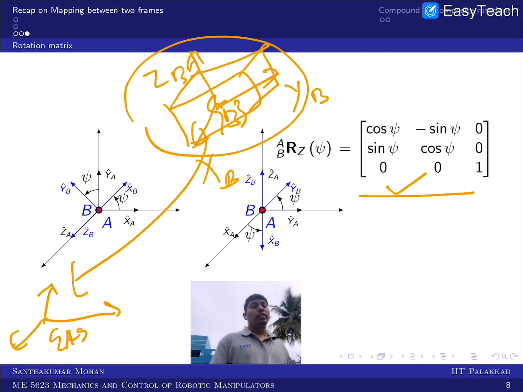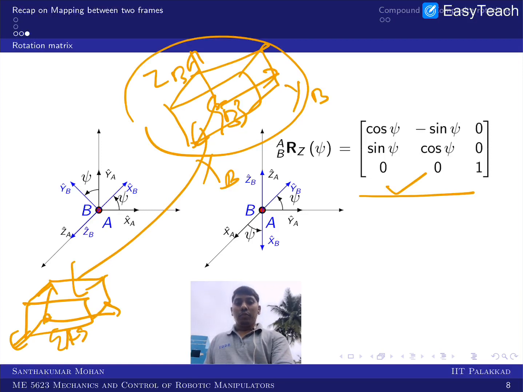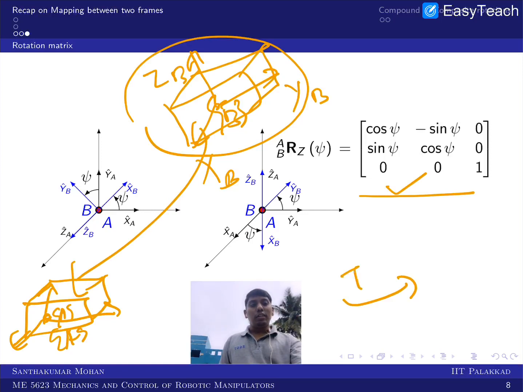So three orientations are there, in the sense you cannot do that in a single stretch. So what you can do is rotate this body step by step. You assume that the body is like this. Now A and B coincide, but you want to rotate, so you will do it step by step. You do one rotation, then you get a matrix, then a second rotation, then you get a matrix and do a transformation, then the third rotation and a transformation. In the sense you can see that the transformation is going from 1 to 3 stage by stage.